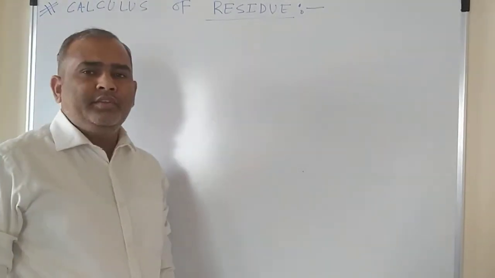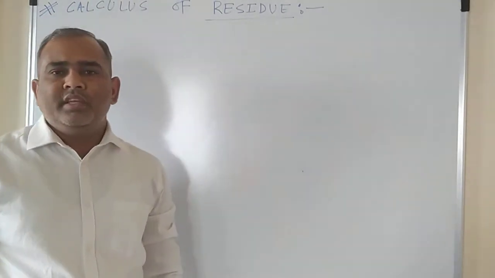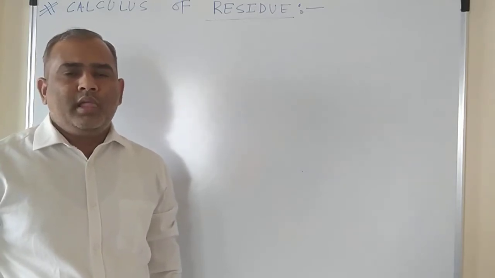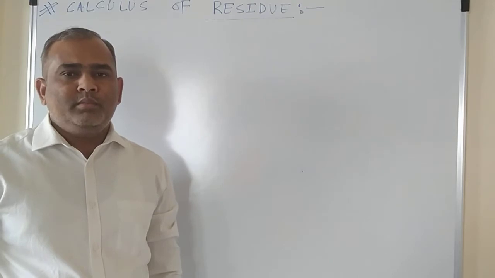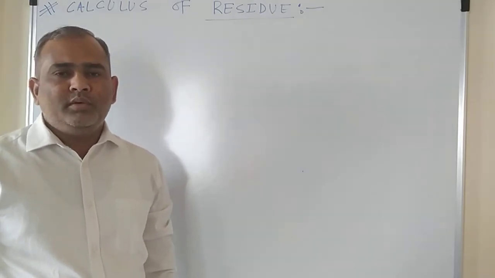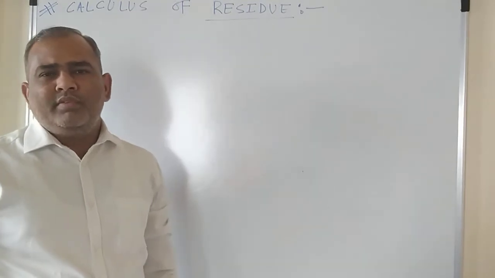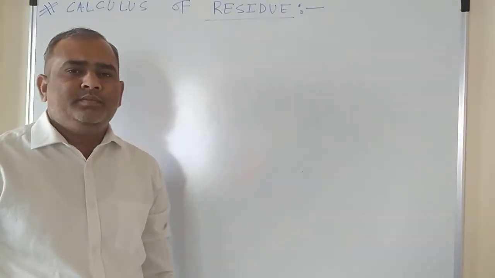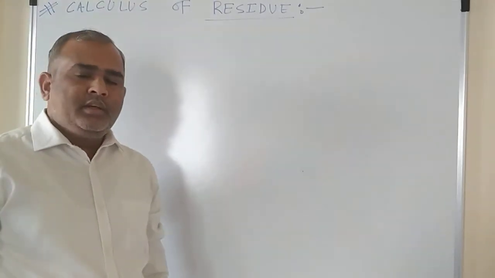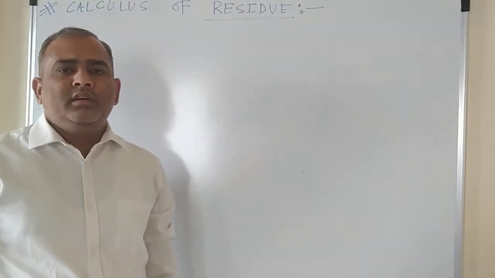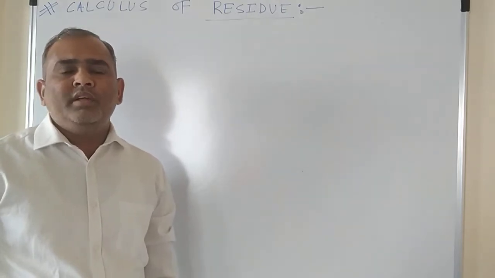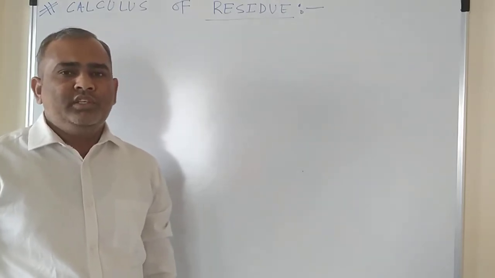So far in the first module we have studied various things. Initially we studied what is meant by a complex number, various properties of complex numbers, and roots and powers of complex numbers. These are very primary facts which you have already studied in the undergraduate course. After that we studied the Cauchy integral formula and the evaluation of complex integrals using it.